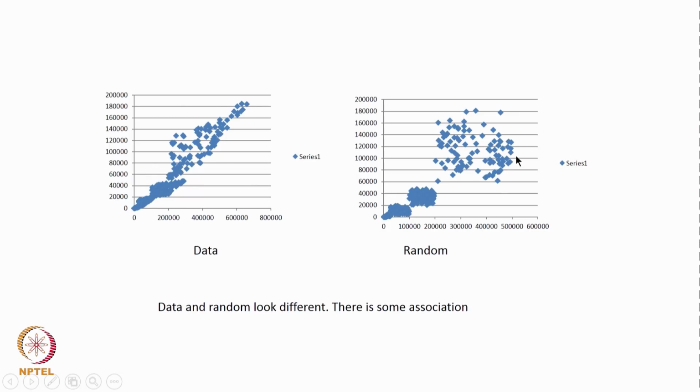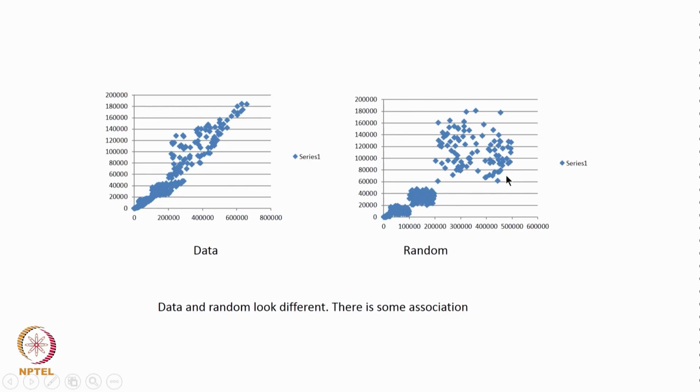Now, let us do something else. We started with 100 sets of data, each data having an x and each data having a y. Now, suppose we quickly randomize the x and y, in the sense we just make a random sort of x and then a random sort of y, which means now with the new data the x and y are not exactly as they were paired in this data. We still get 100 pairs with different x and different y, let us say kind of randomly chosen, and then we plot that and get this kind of a plot. So, this is the data and this is the random.